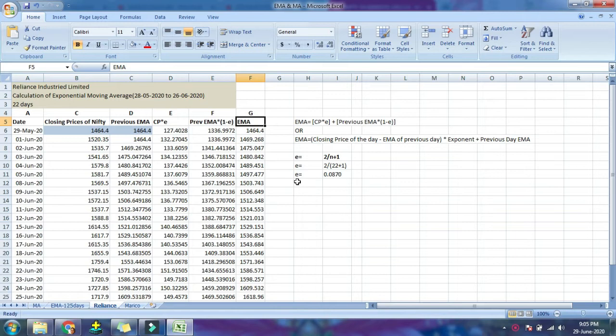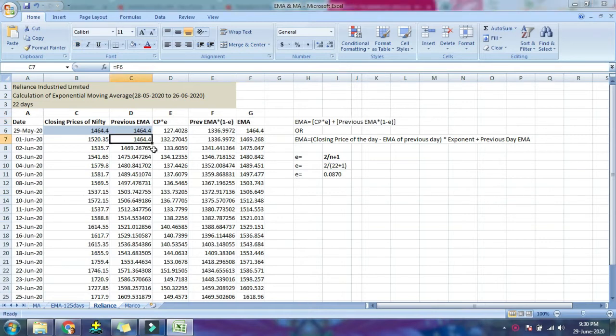Okay, and when I calculated it, I analyzed both. I tried with the moving average, and I even tried with closing prices, and I found that if I assume the moving average as my previous EMA, it showed me more difference. It gave comparatively more difference than if I assume the closing price as its previous EMA.